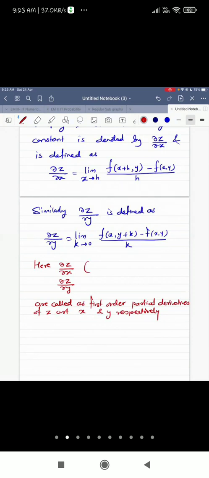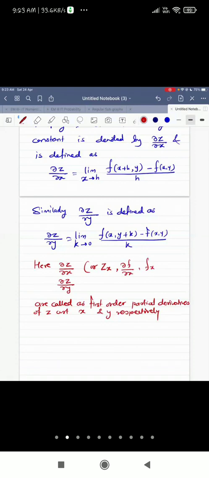Now the other notations: this partial derivative dabba z by dabba x is also sometimes denoted by z suffix x. This is the notation which I like very much because it saves you space in writing. It makes your calculations small in length, and therefore it is very useful. So try to understand this notation. Dabba z by dabba x, we denote it by z x. Now as z is a function of x, y, it is f of x, y, so we can denote it by dabba f by dabba x, or by f x also. So these are the notations.